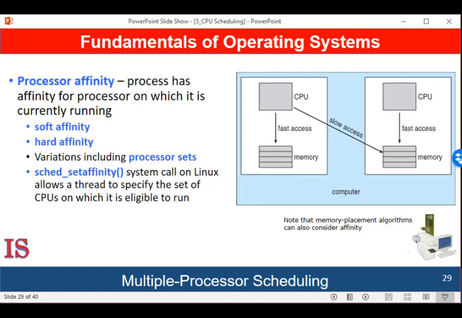Interestingly, load balancing often counteracts the benefits of processor affinity. That is, the benefit of keeping a thread running on the same processor is that the thread can take advantage of its data being in that processor's cache memory. Balancing loads by moving a thread from one processor to another removes this benefit. Also, migrating a thread between processors may incur a penalty on NUMA systems, where a thread may be moved to a processor that requires longer memory access times.